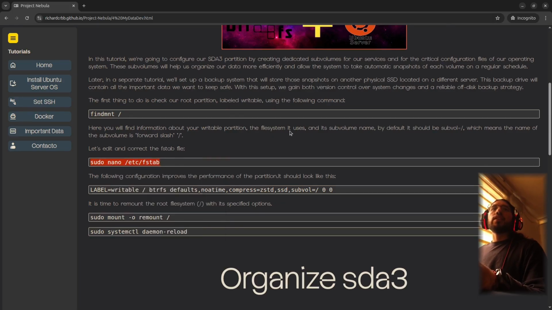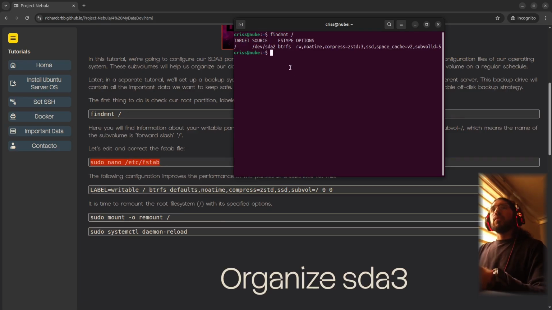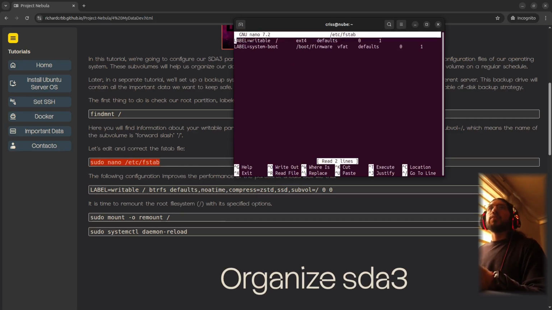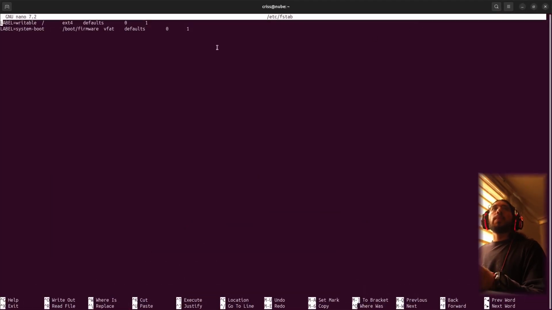So we'll have to run this command, and enter our server's password. As you see, this is the default file, and we need to modify the writable root